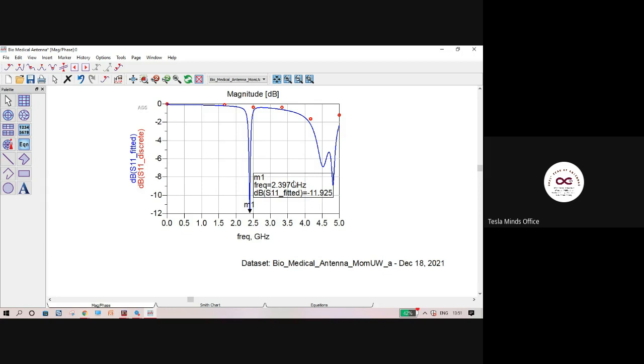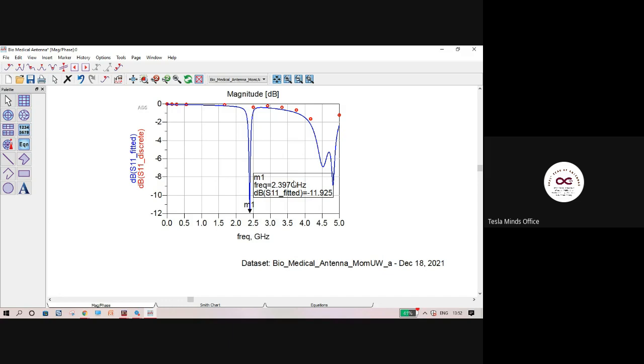If you are planning for the ISM band, you should get that exact frequency first, right? So that is the verifying graph. This is the most important graph for any antenna design. Beyond this, you have a lot of other graphs also, like the radiation pattern, gain, and all those things. But if you don't get the required resonance frequency and the impedance match in this graph, referring to those values will not be useful. So it's always better to go with the S11 graph first when you design your own antenna, and then start working on the gain factors and all.